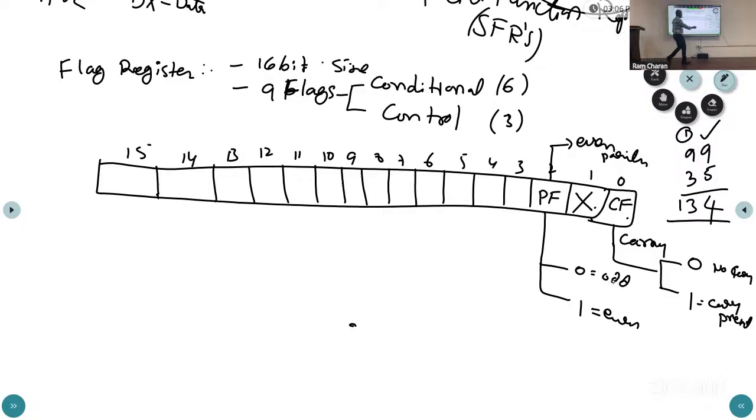Okay. And this position we are not using, and this is called auxiliary carry. This is also called auxiliary carry. Here also same 0 and 1. This auxiliary carry and this one, the both are same. The auxiliary carry and carry flag both are same. This can be used in case of 8-bit, and this can be used in case of 4-bit. This 4-bit is called